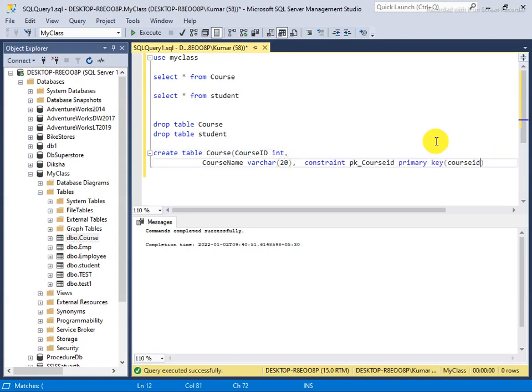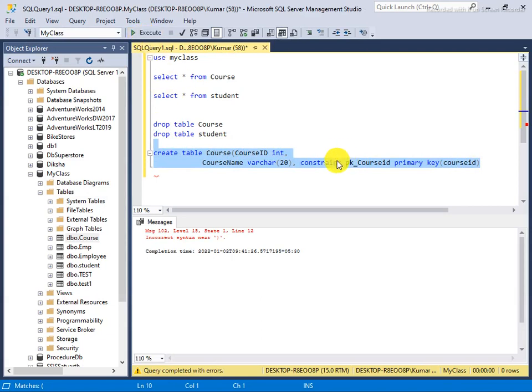Both ways will work. If you write it here, then you need not put a comma, but this is called outline. You also have to put a closing bracket at the end for the table part. This will also work.